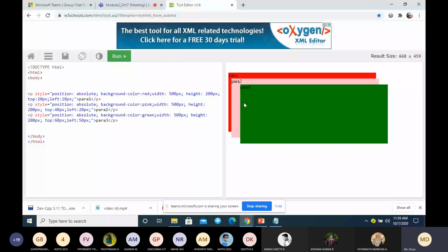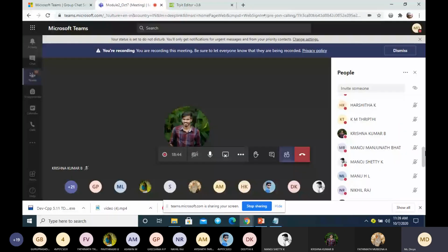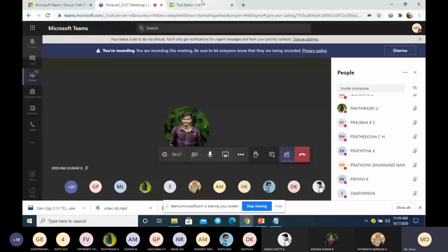Which paragraph is at the top? Does it look like a stack? Are these paragraphs arranged in the form of a stack?